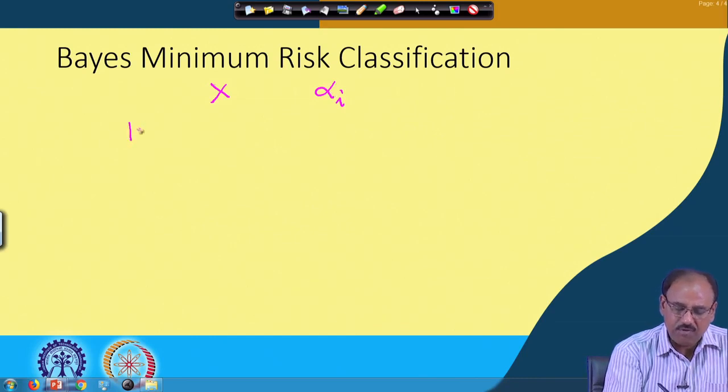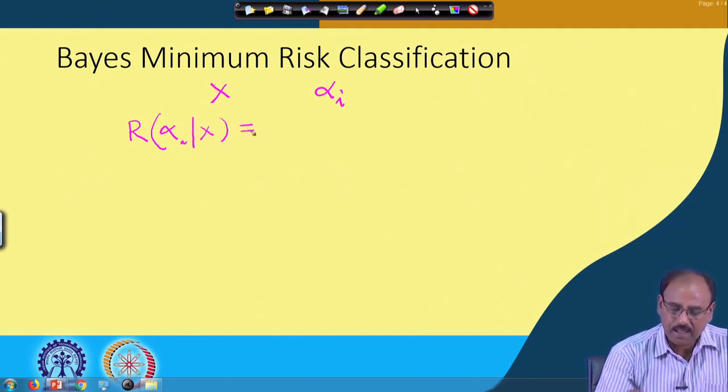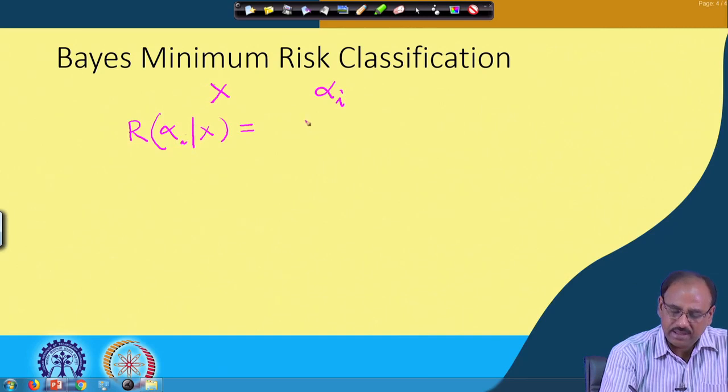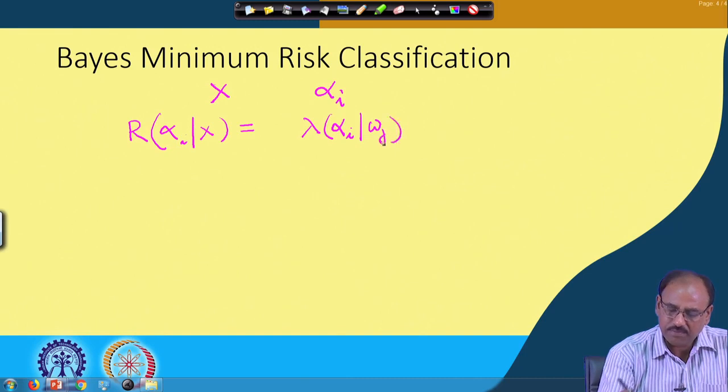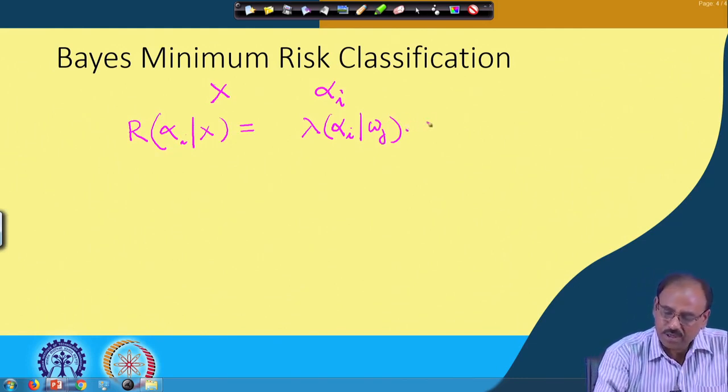So, the risk involved in taking action alpha i given x can be computed as follows. If the true state of nature is omega j, then we said that we incur a loss lambda of alpha i given omega j, because alpha i is the action that I am taking, whereas the true state of nature is omega j, it should have been omega j. So, while taking this action, I incur some loss. That is my loss function lambda of alpha i given omega j, into what is the probability